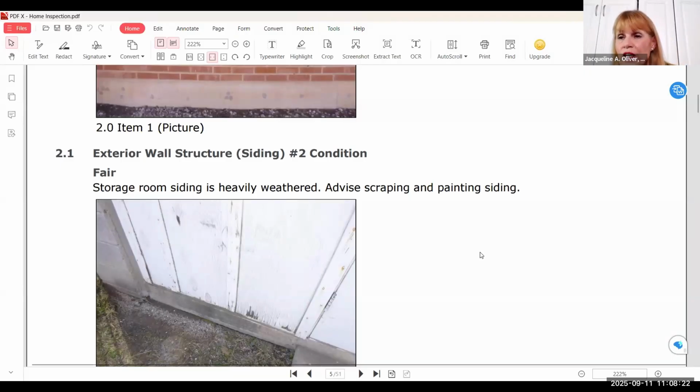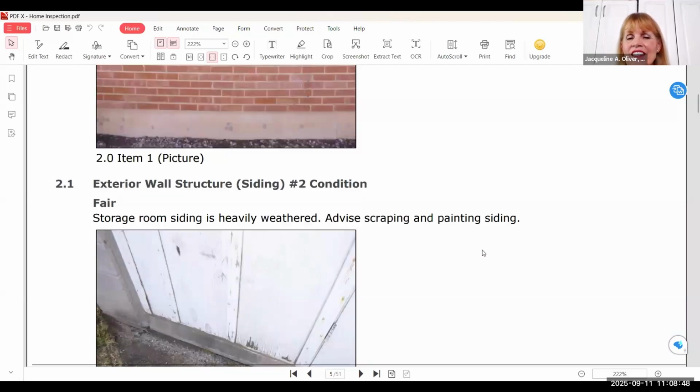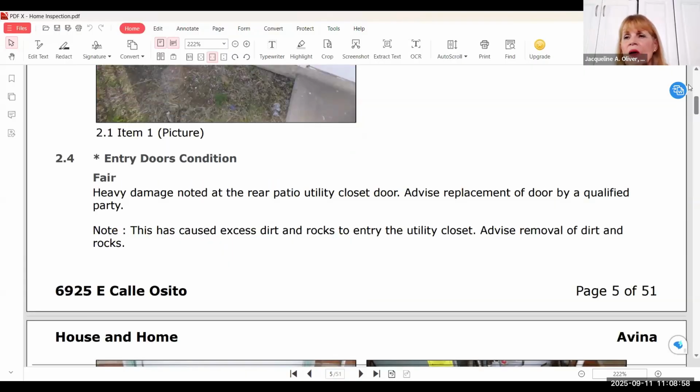They had a termite inspection, and usually, a lot of you know this, they'll have a little square where the building is, and they'll point out and have highlighted areas that they found termites or wood damage of some sort. But sometimes, and many times, they do not inspect sheds and outbuildings, etc. So just because he says advise scraping and painting siding, that doesn't mean that you shouldn't check in with a wood specialist, a termite specialist, to find out.